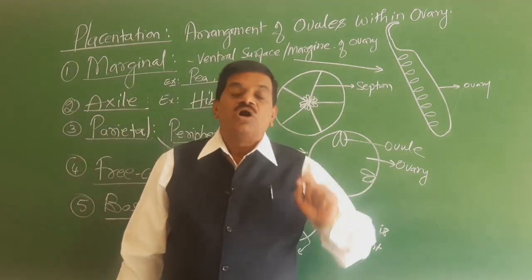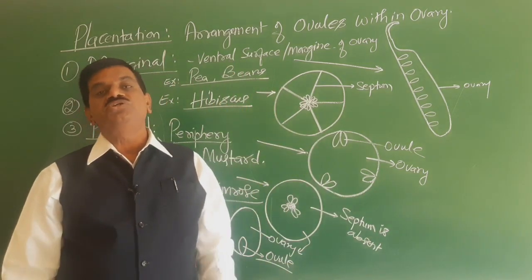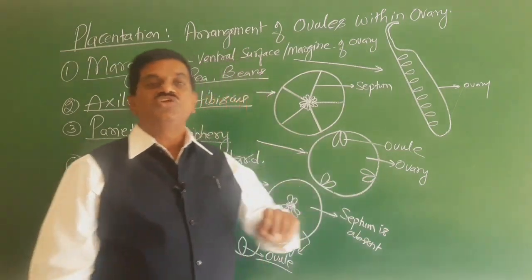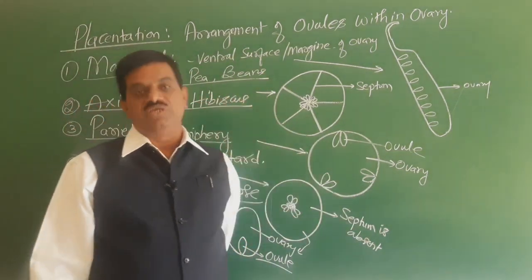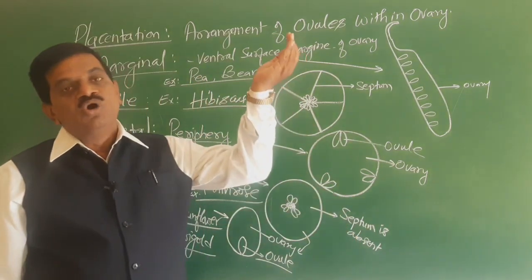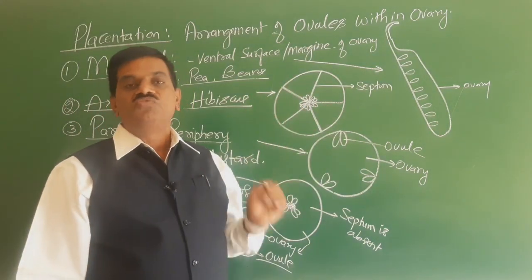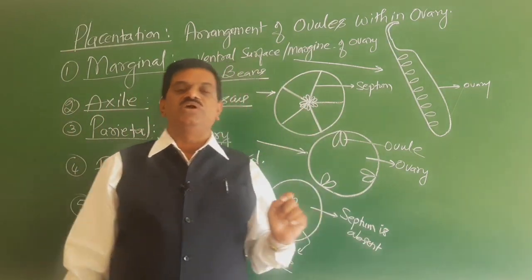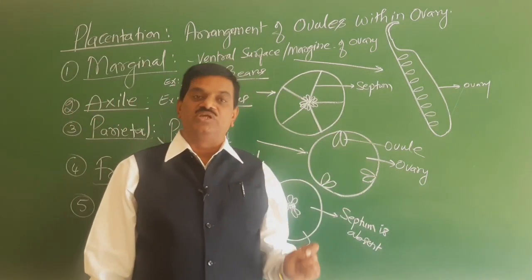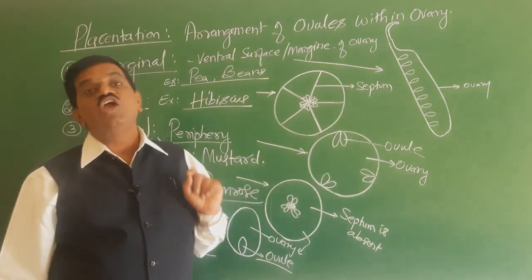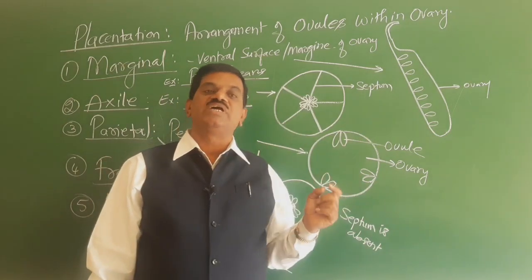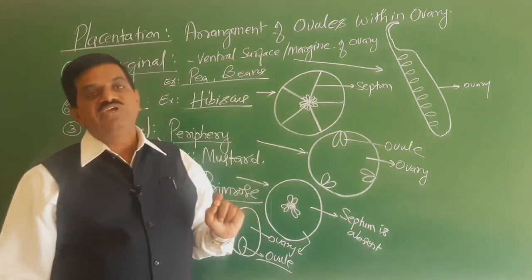So students, based on the position of the ovary, I have already mentioned this, and it also comes under gynoecium. The first one is called the superior ovary. Superior ovary is called hypogynous. The ovary is above, all the remaining other parts are below. For that we use the word superior ovary or hypogynous. The second one is called inferior ovary. Inferior ovary is called epigynous ovary. In this, the ovary is below, all the other parts are above. For that we use the word inferior ovary.